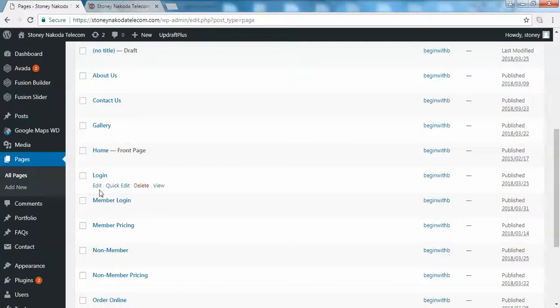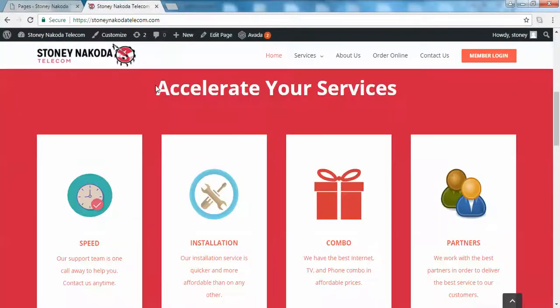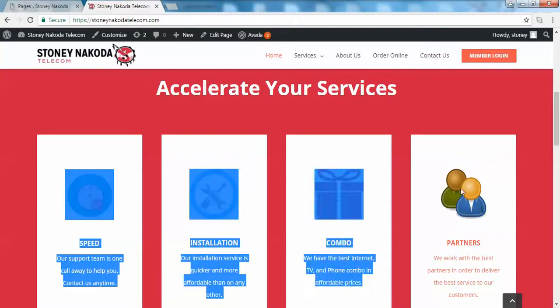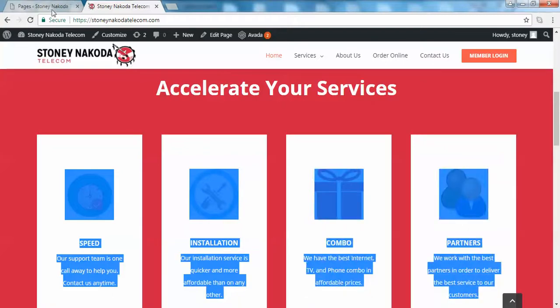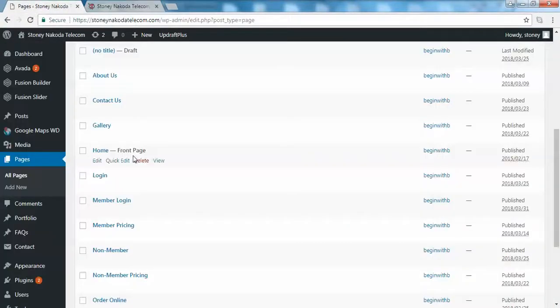So for example, we are on the home page right now, and we would like to change this section here, and we also would like to change this section here maybe. So go to the back end, click on home page edit,